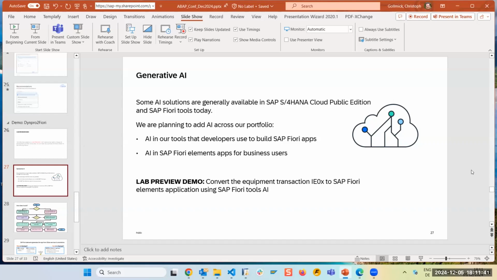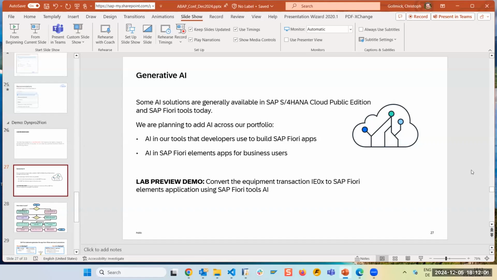So this is already available. But we are planning to have AI everywhere available where it makes sense. For the developer, integrated in the tools for development, and also in the business applications. Our framework Fiori Elements allows us to have generic capabilities delivered, and we would like to bring AI capabilities this way to the business user.